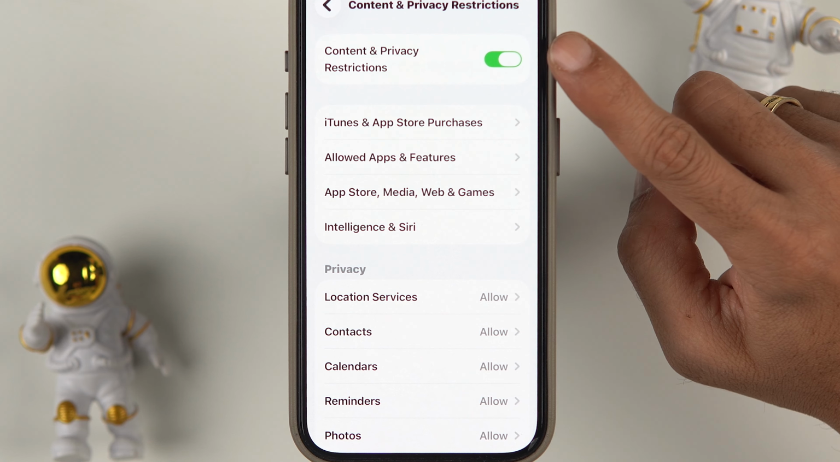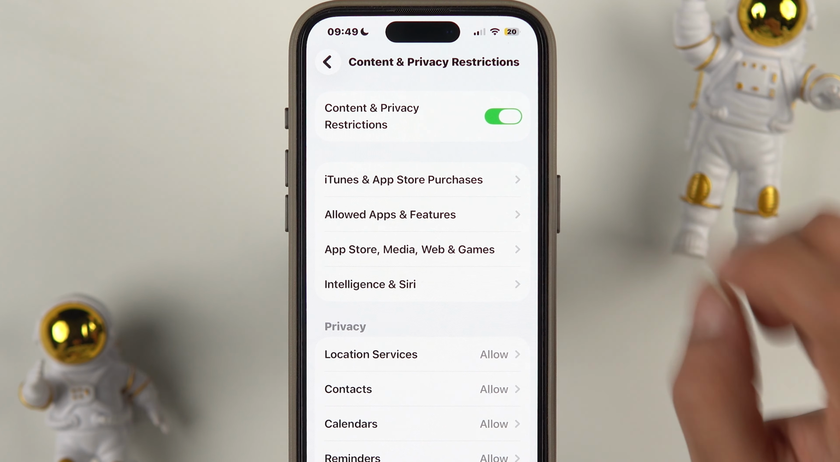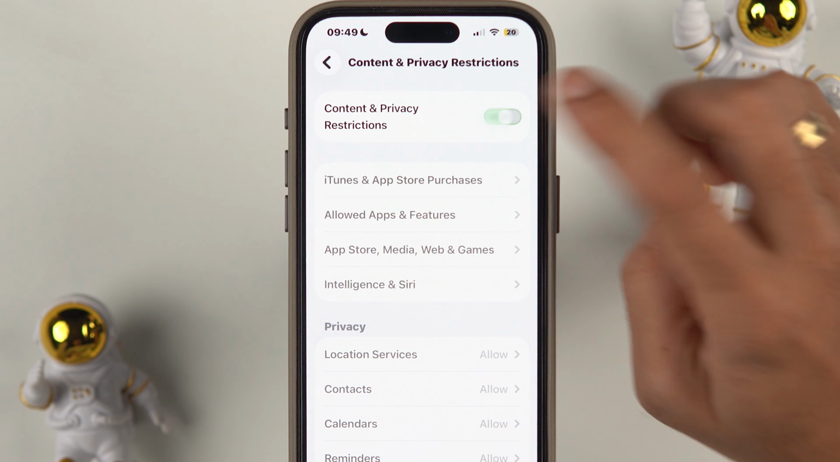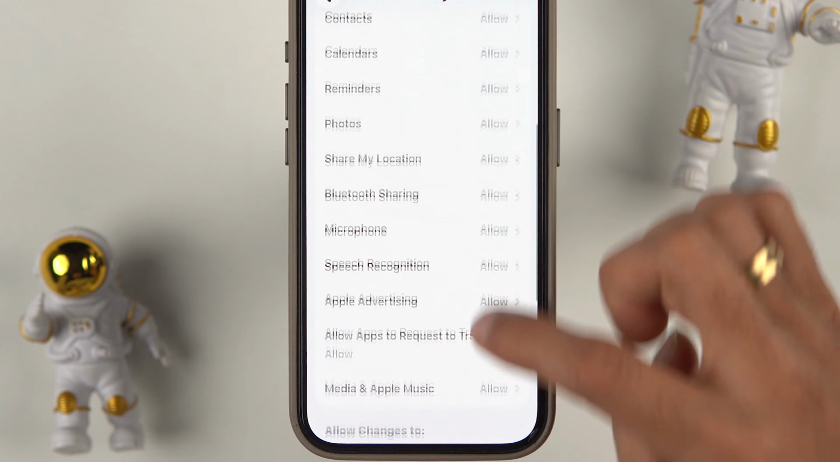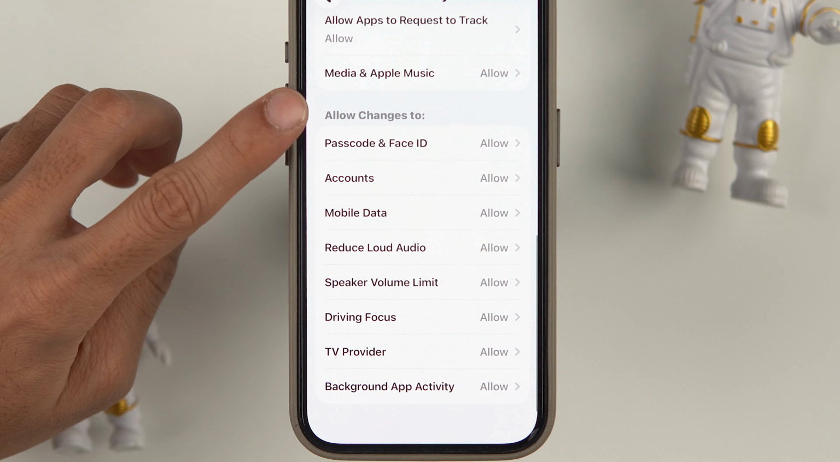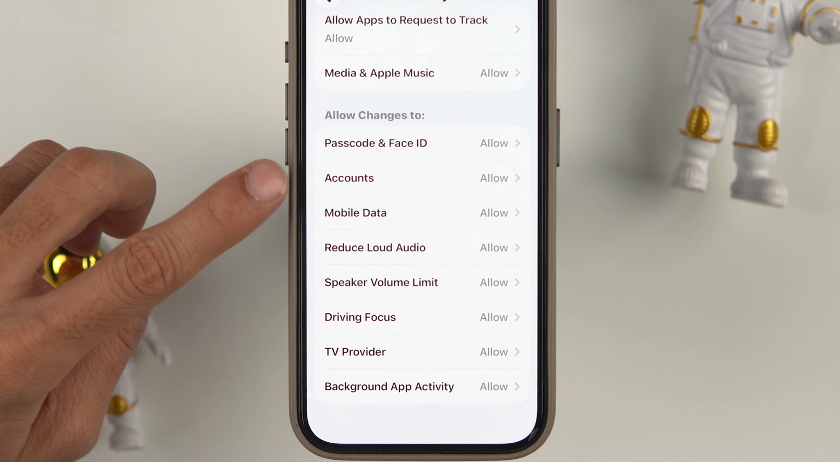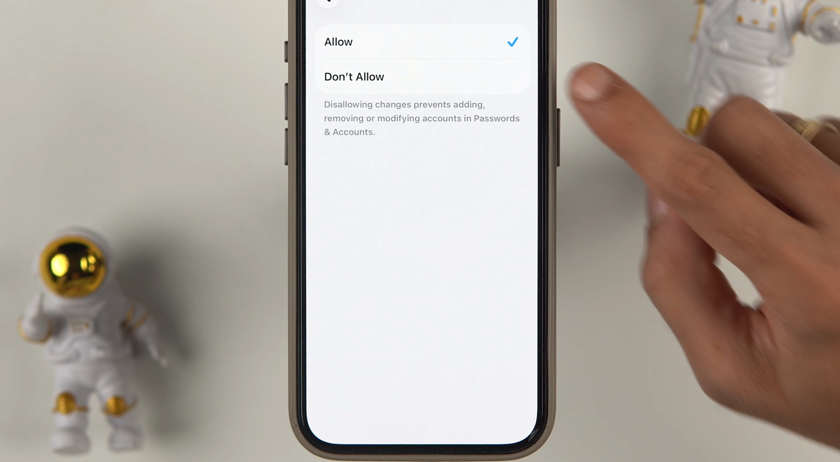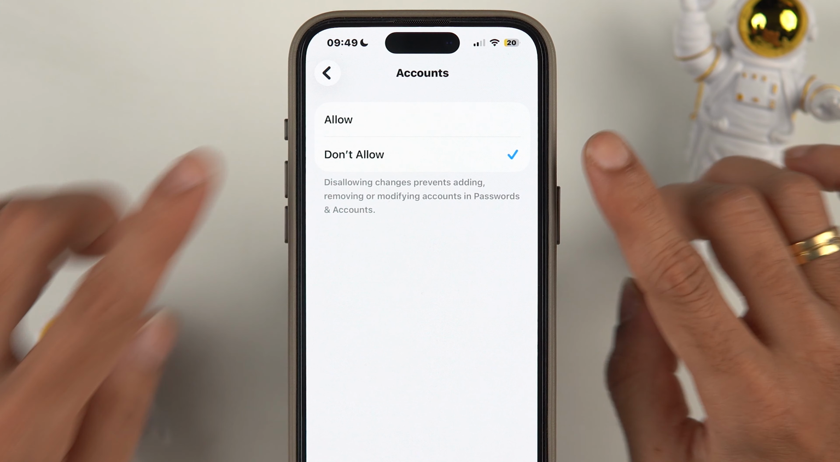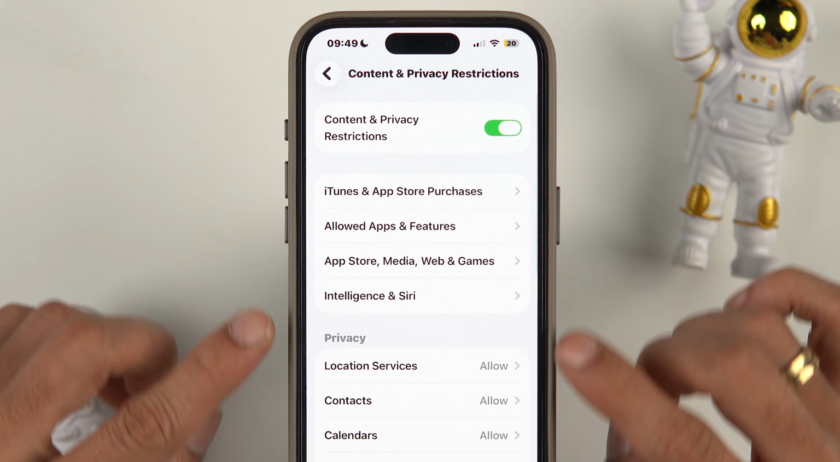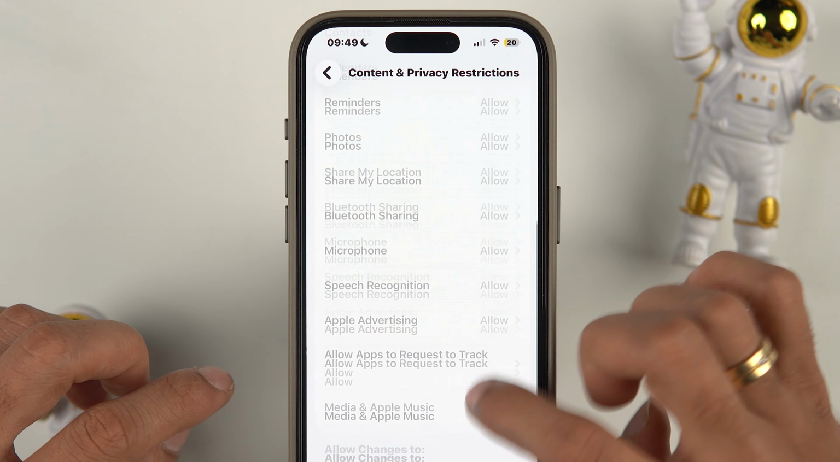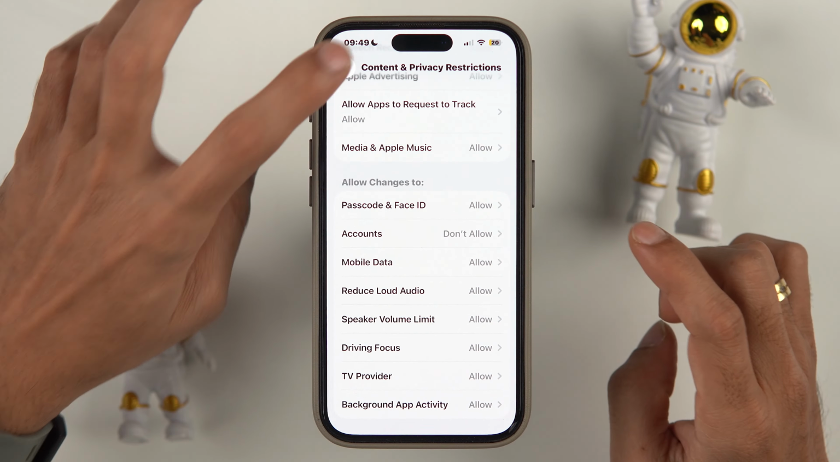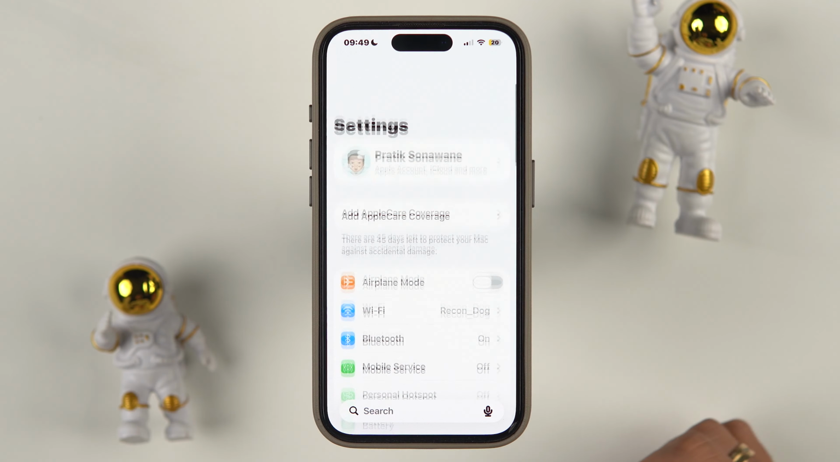Make sure that this particular toggle is on. It might be off like this, but you have to tap on it and turn it on. Now once it is on, go down and look for allow changes to, and over here the second option is accounts. Currently it is set to allow, but select that and set it to don't allow. Now once you set accounts to don't allow, which is over here, if you go back to settings,